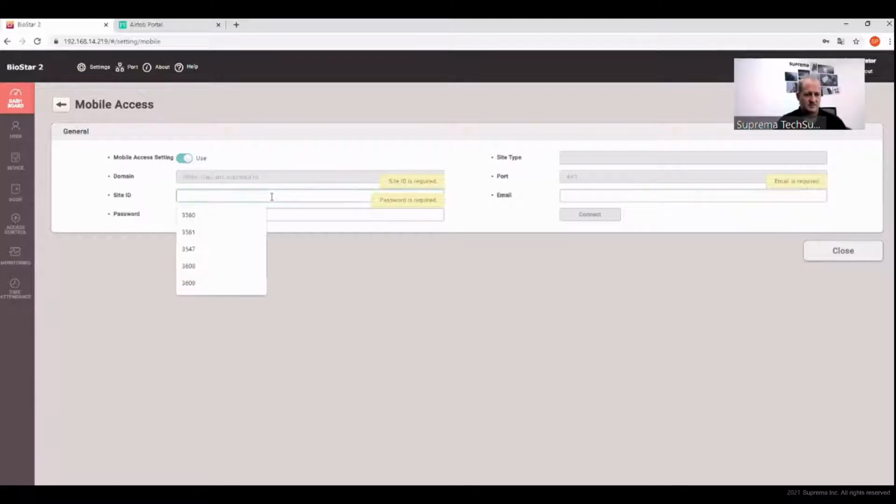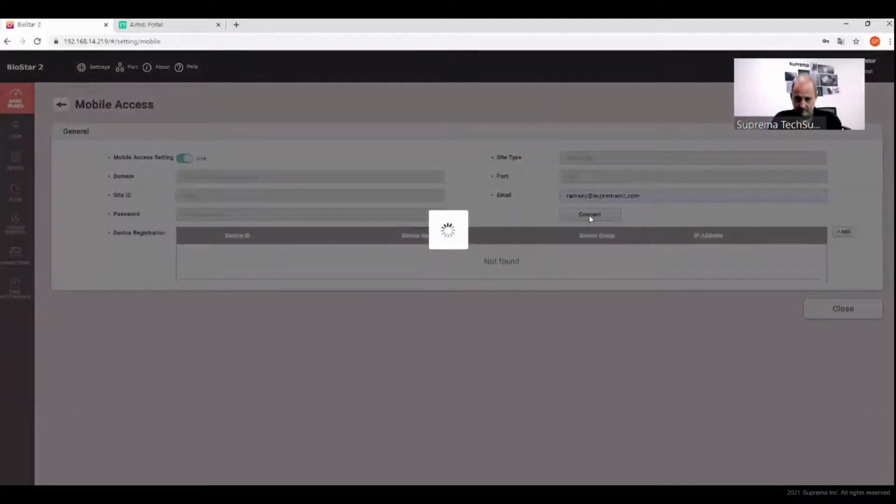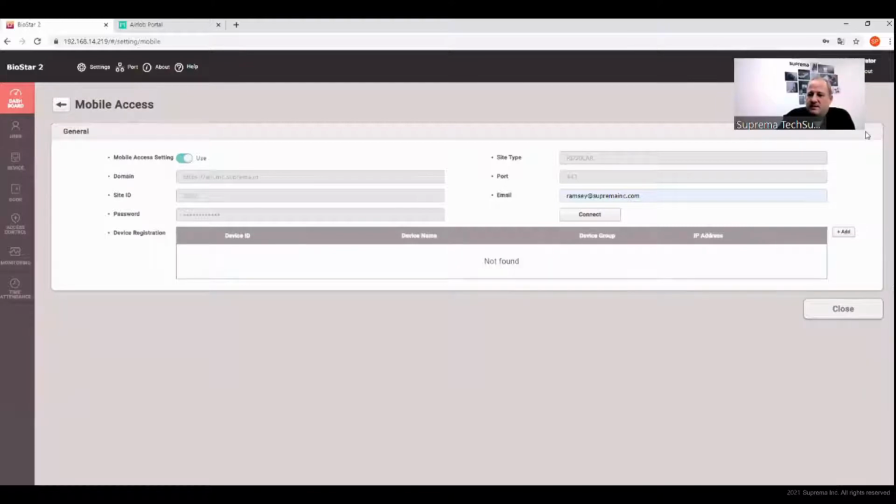And we need to put in the site ID that we just got from our Airfob portal, and I already forgot mine. It's 3622. I need to enter the email that I used to sign up for the mobile portal and my password. And when I've done that, I just need to hit connect. And we'll get success that the site has been connected. And please register the devices before using mobile credential. So I'm going to do as asked